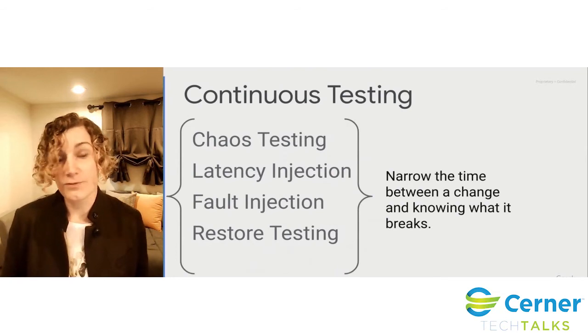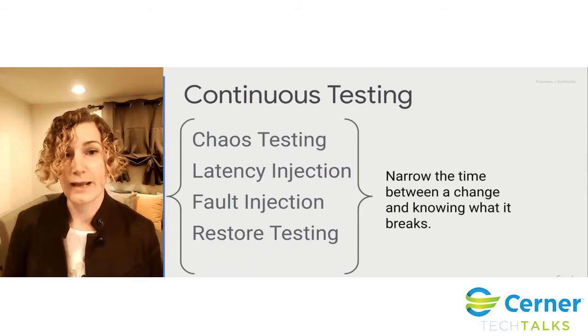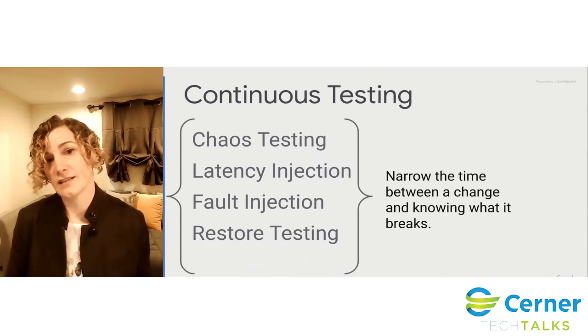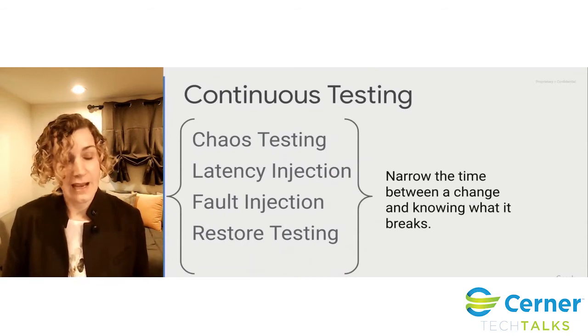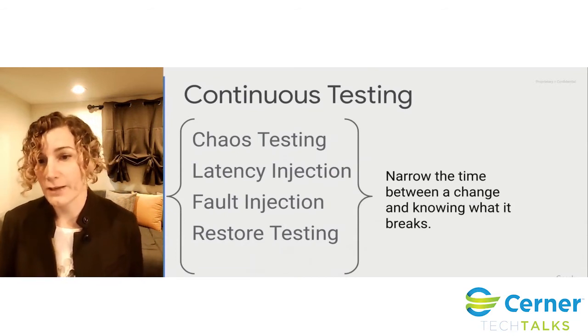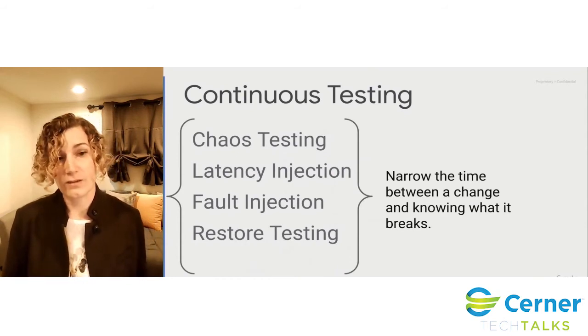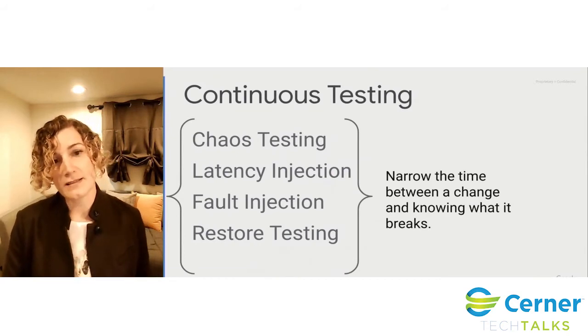And you could do fault injection, where you could suddenly ramp up the rate of 500s returned from your service and see what happens. You can also do the tons of things covered by Casey Rosenthal and all those folks in chaos testing, where it's like, okay, what can we do to bring down parts of the system and see what happens? And as I mentioned before, also regularly doing your restore testing, because you do want to understand what happens in your system when you have to take it back in time a little bit through that backup and restore process.